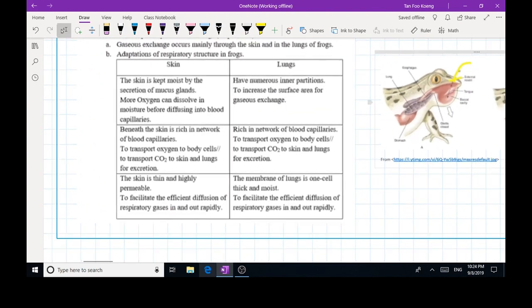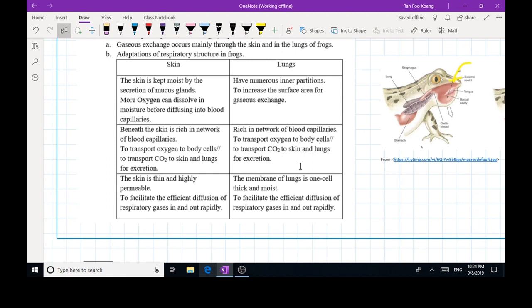And then number 2, of course, the wall has to be one cell thick and moist. One cell thick to facilitate the efficient diffusion of respiratory gases in and out rapidly. And then the lungs are also supplied with a lot of blood capillaries to transport the oxygen to the body cells quickly, and to transport the CO2 to the skin and the lungs for